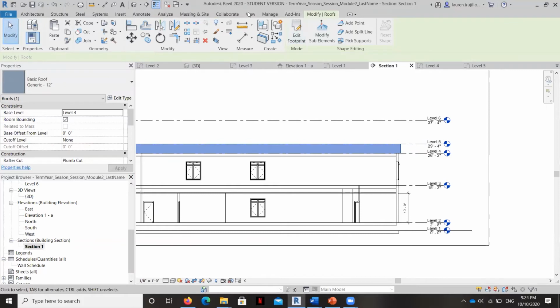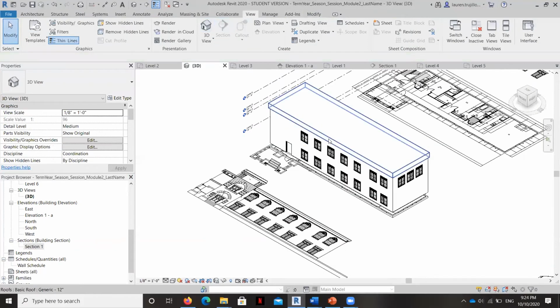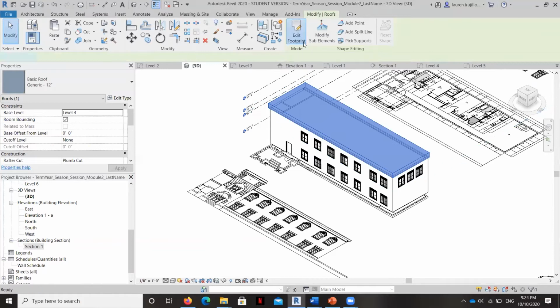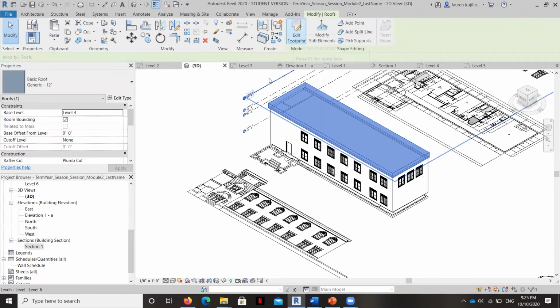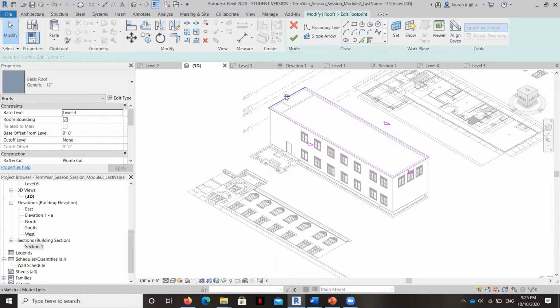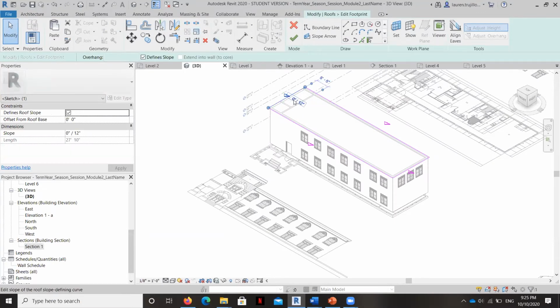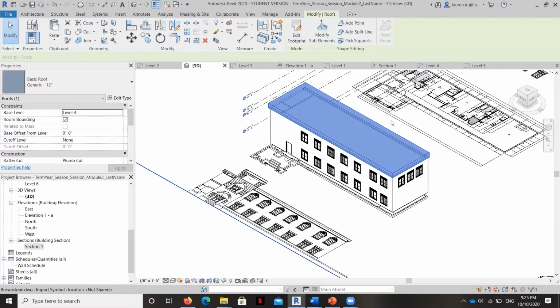I can also change the pitch by again selecting it. And I can change it either here, and edit footprint. And I can change the slope here from 0/12 to, let's say, 9. Nothing happened. Hold on a second.